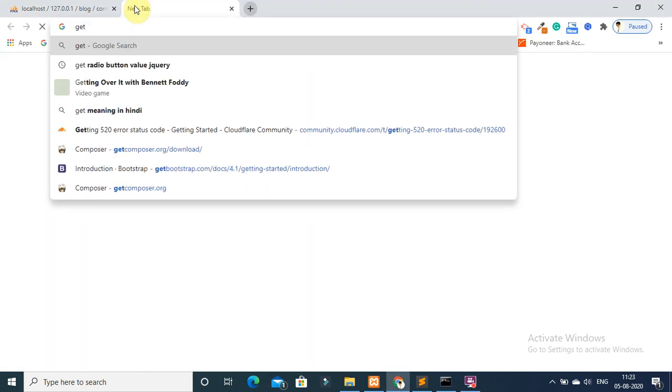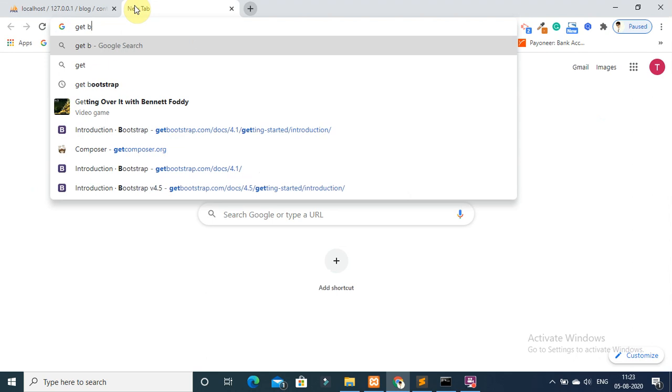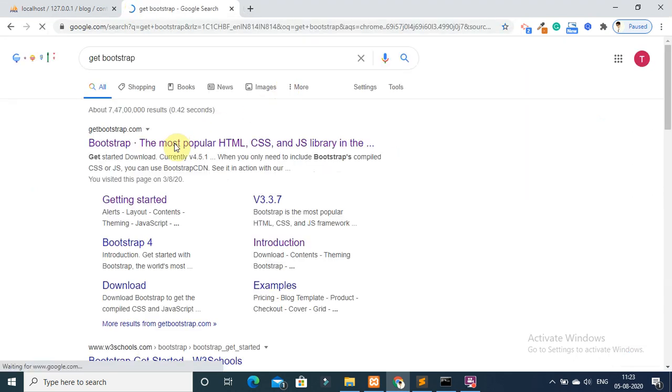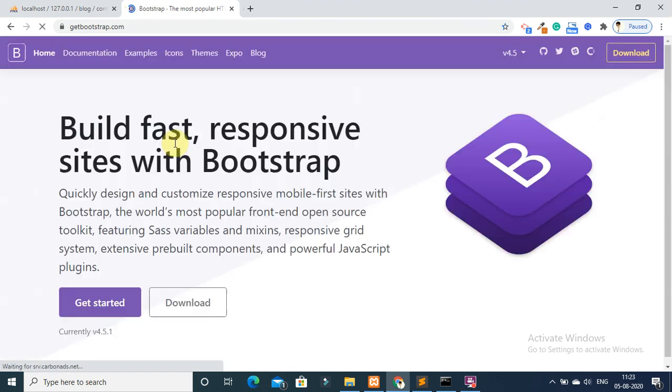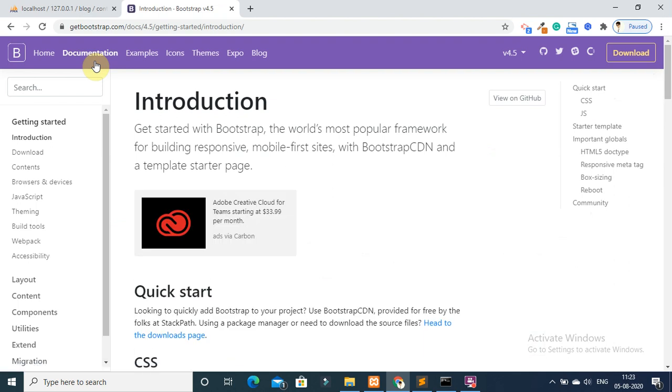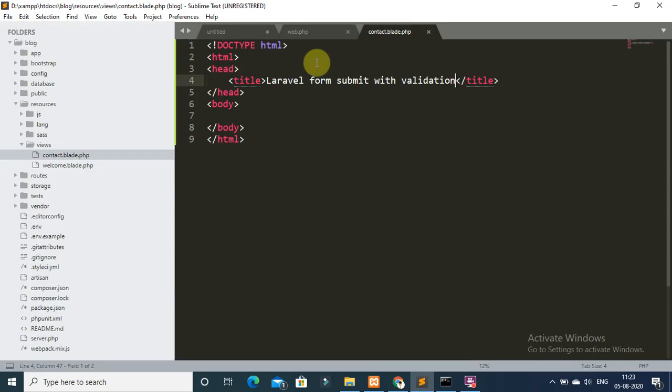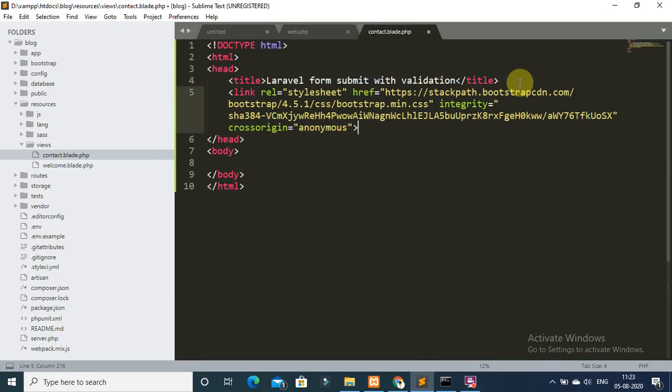and type get bootstrap documentation, and copy this library and add it into your blade view file.